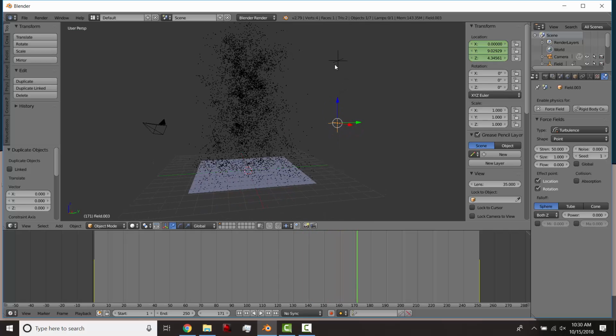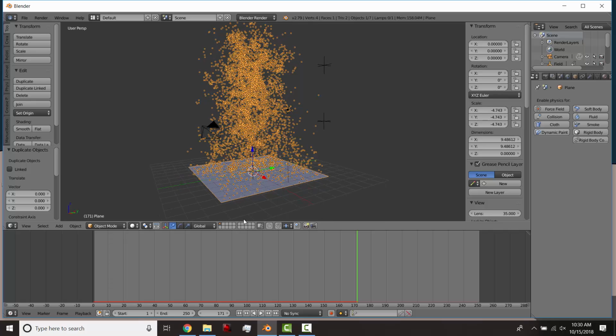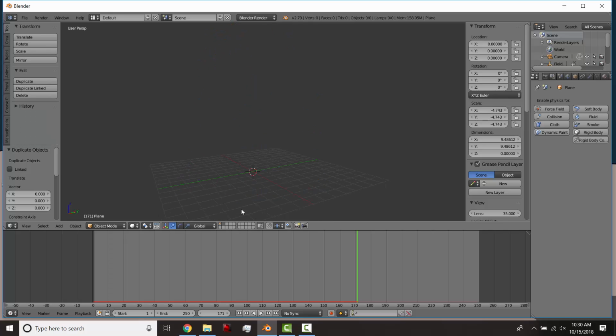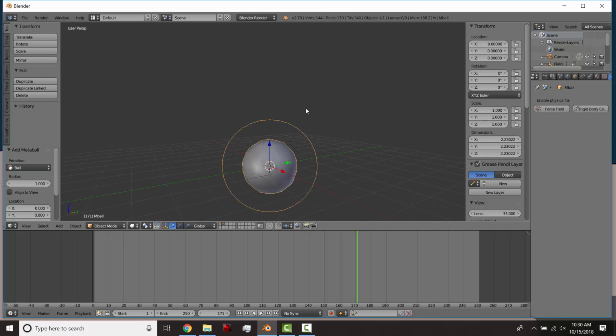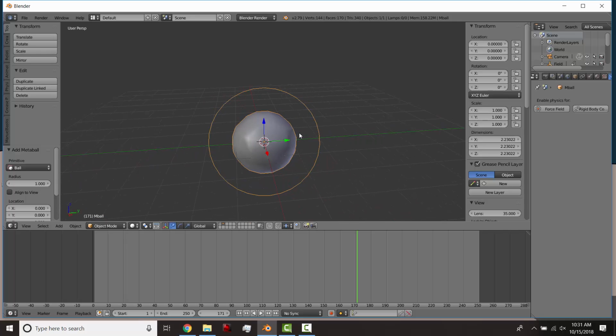So that's one little tip. Feel free to layer the forces on top of each other to get different results. And then instead of adding an object, you can add what's known as a metaball. And metaballs can be used for a lot of things, not just particles. But watch what happens when I duplicate this